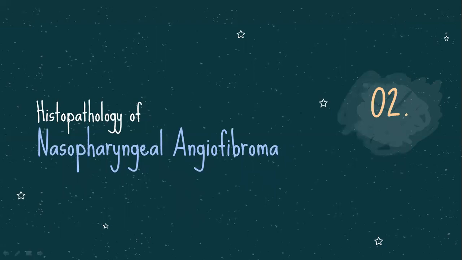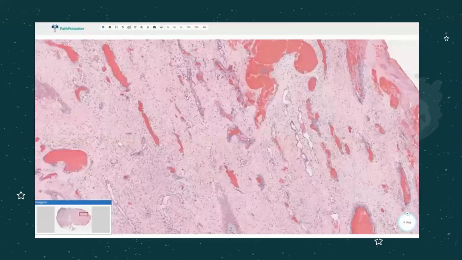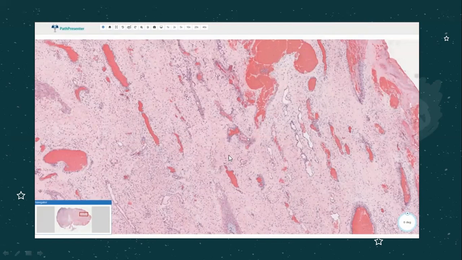Okay, next case we are going to discuss is histopathology of nasopharyngeal angiofibroma. Okay, guys, here we are looking at two components. The first component is these blood vessels, and they are very irregular, right? You can see some of them are large, some of them are